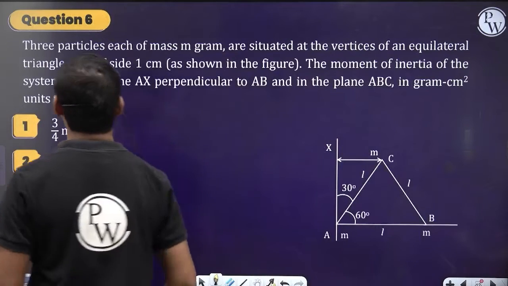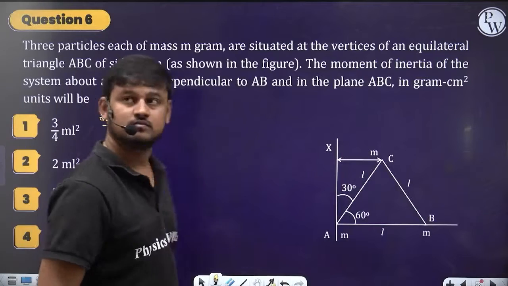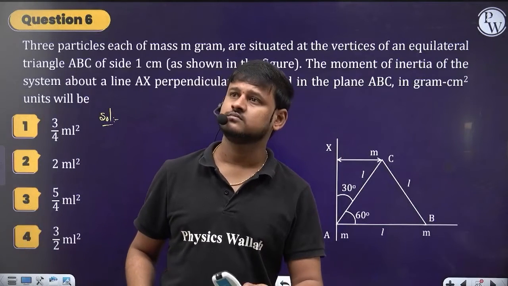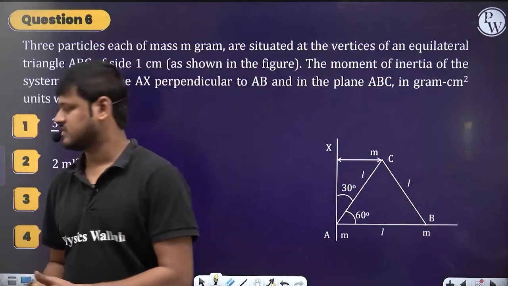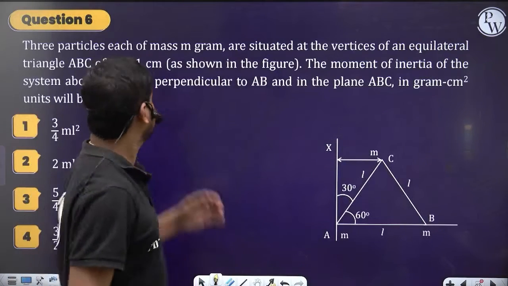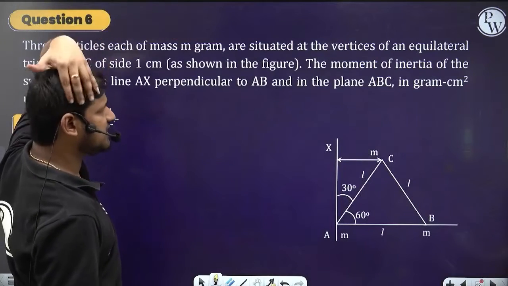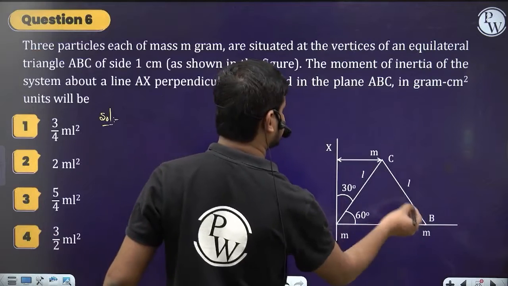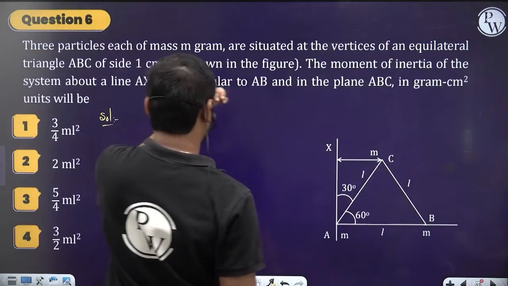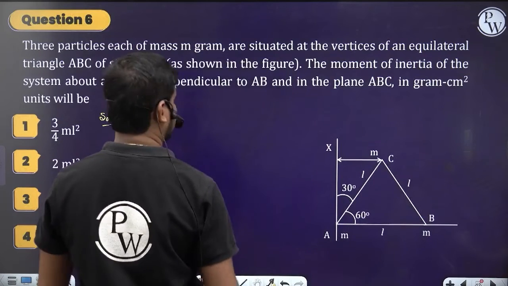So next question, question number 6. What does the question say? Three particles each of mass m gram are situated at the vertices of an equilateral triangle of side 1 centimeter, as shown in the figure. The moment of inertia of the system about the line AX